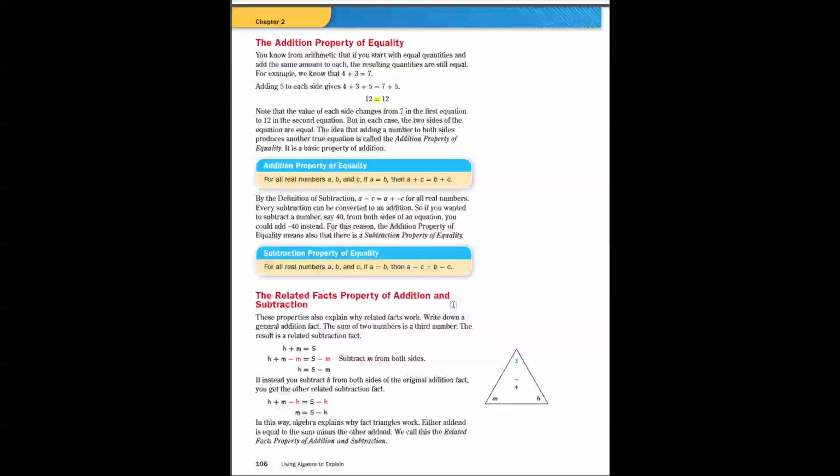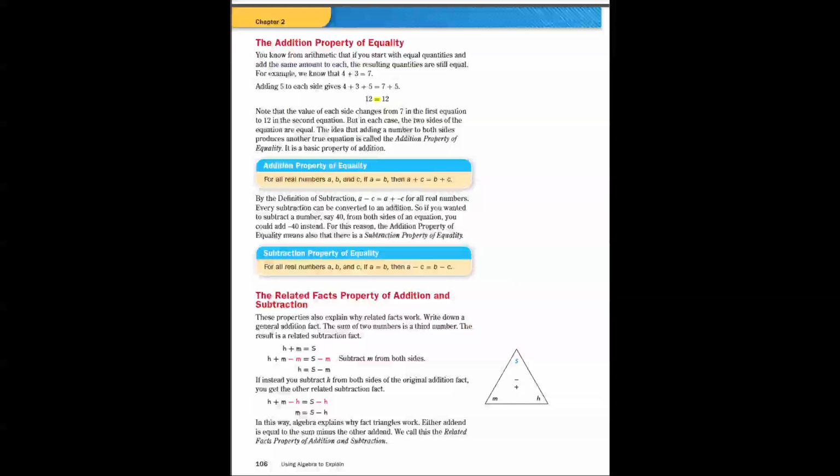When we look at this from the related facts property of addition and subtraction, if we have h plus m equals s, we can subtract m from both sides, so m from h plus m just leaves me with h, and m from s leaves me with s minus m, so I end up with h equals s minus m. Or I could do it the other way. m would equal s minus h. That's 2 of the 4 related facts for subtraction,